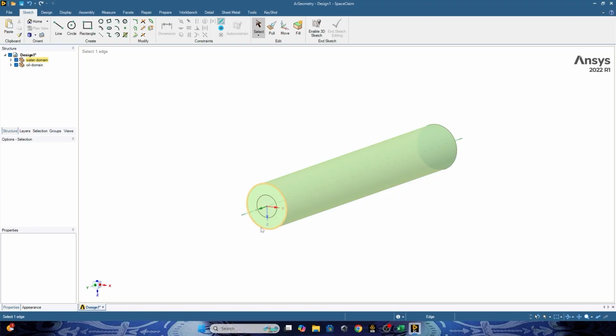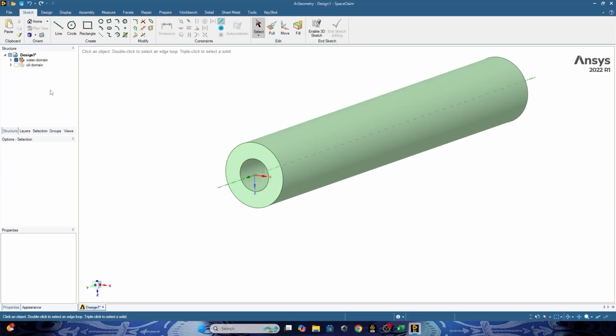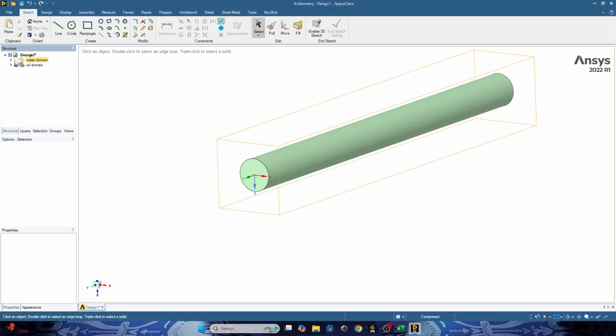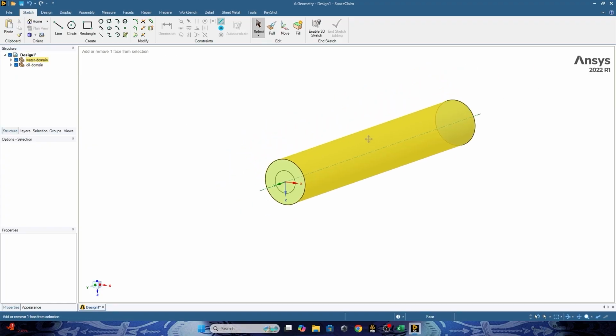Okay, so we have already created the geometry of our heat exchanger. Like I said, the water domain will be on the outer diameter, and the oil domain will be at the inner diameter. Then we have the geometry.